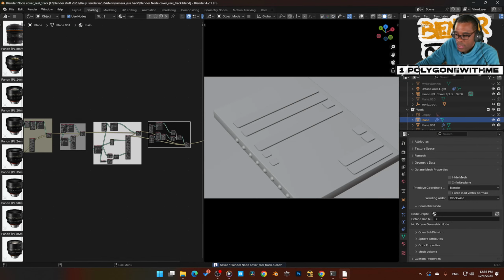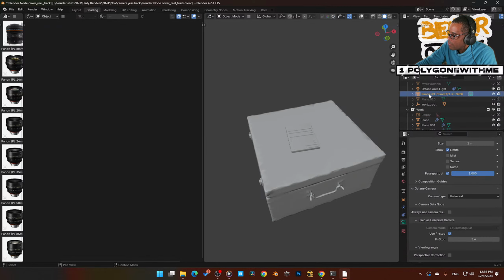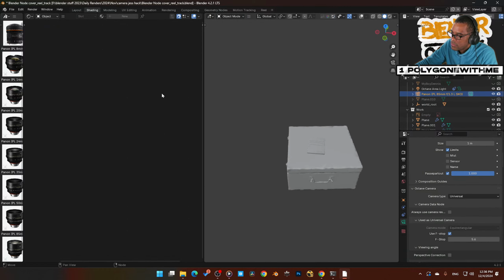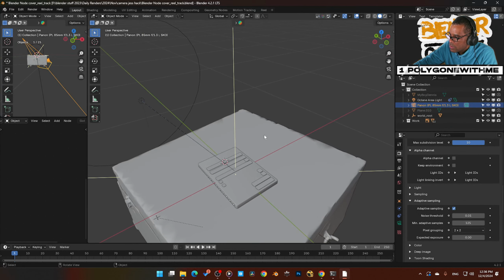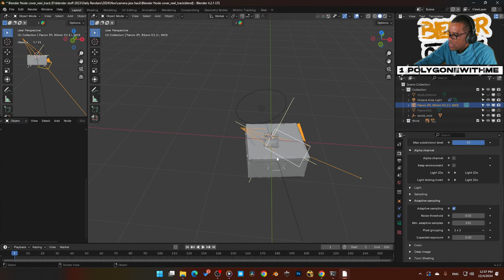Okay. And now, this is the scene. I have a camera already in this scene. But we don't see nothing because of this. Let's go to my layout. I'm going to take this camera and just hide it. I don't want to see that right now. I don't want to render that. Matter of fact, I'm just going to delete it. Actually, no, I'm going to leave it there because we're going to need it for positioning. So what we want to do,